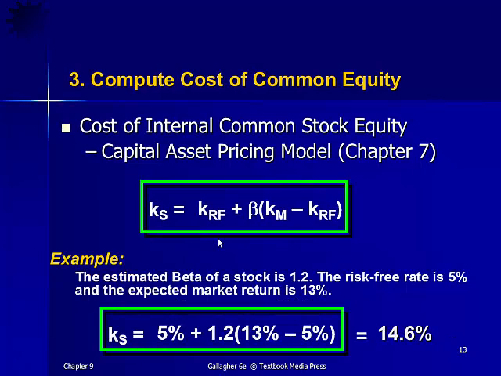And we get 14.6% as the estimate of our required rate of return on the company's common stock using the capital asset pricing model. Now note that this is an estimate, okay? This is not a directly observable number. We don't know for sure what the required rate of return of those equity investors is, so we're trying to